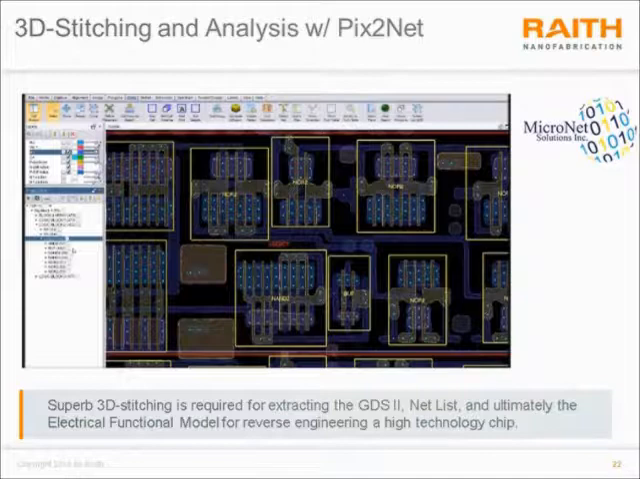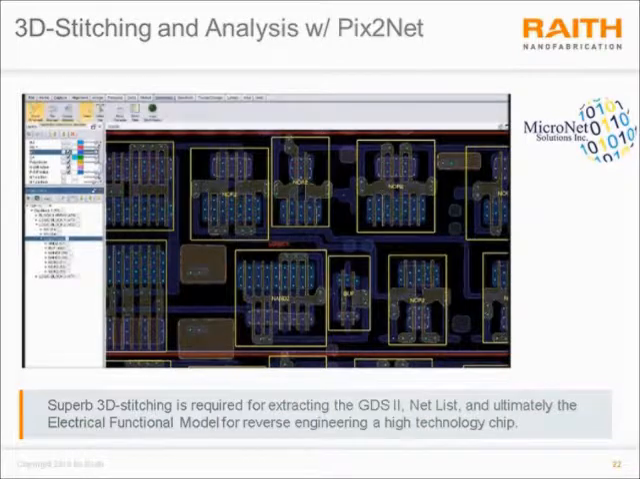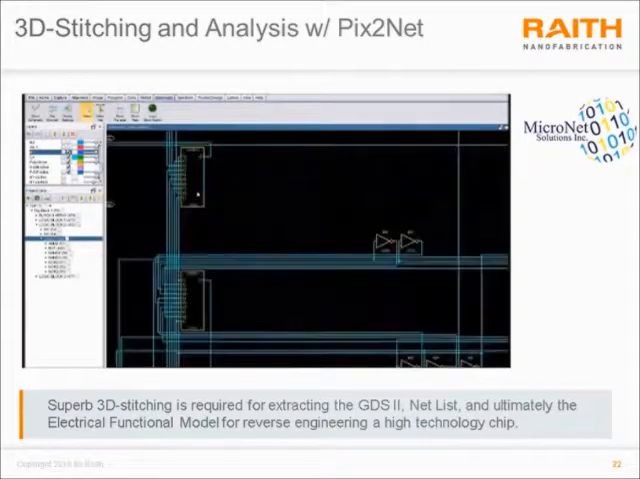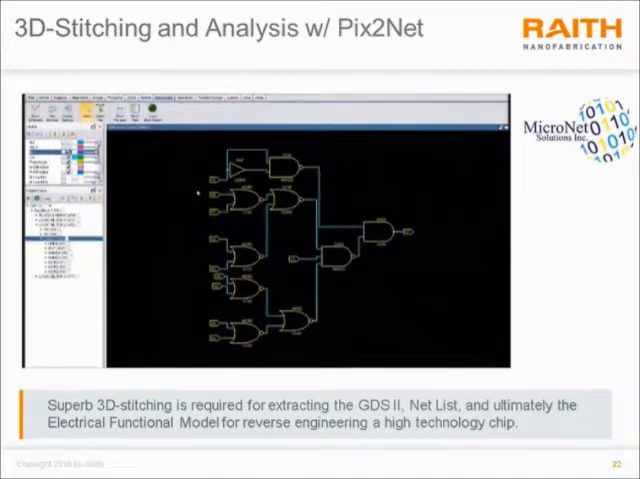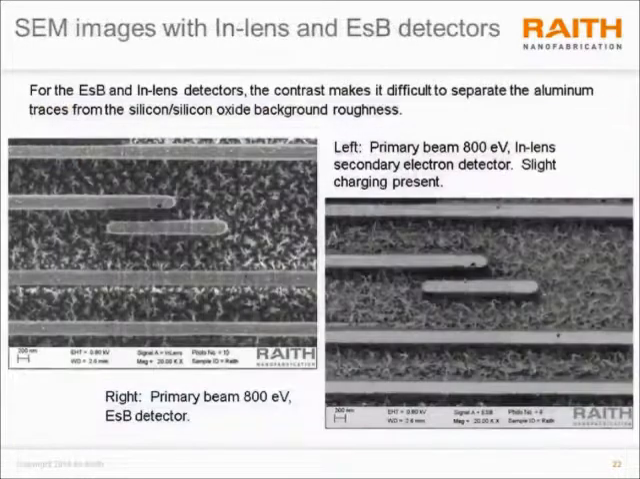Finally, the software can go and extract schematic net lists and schematic diagrams out of these by analyzing the GDS CAD file. And so ultimately we have really a complete reverse engineering workflow, ultimately producing the net list and even the electrical functional models of the integrated circuit. So, okay, next,